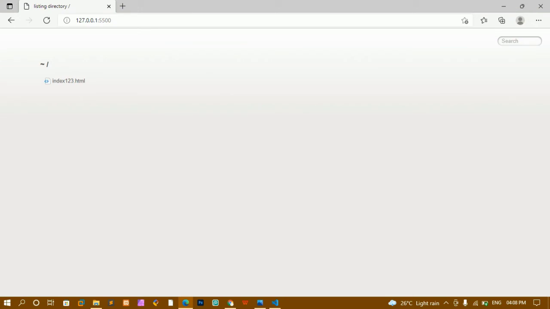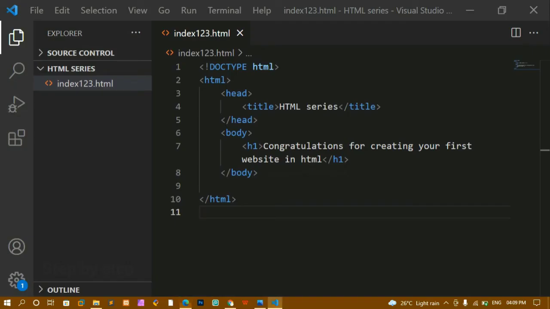So index.html we are giving because it is the special file type name. You just have to give index.html. That is going to tell the server that is the entry point of our code. So you should always give index.html.